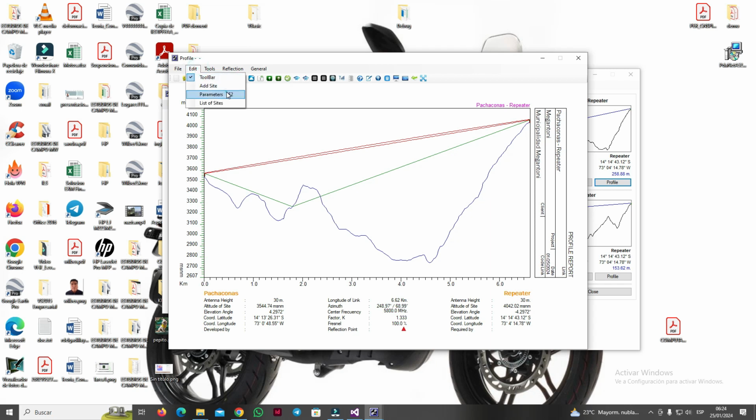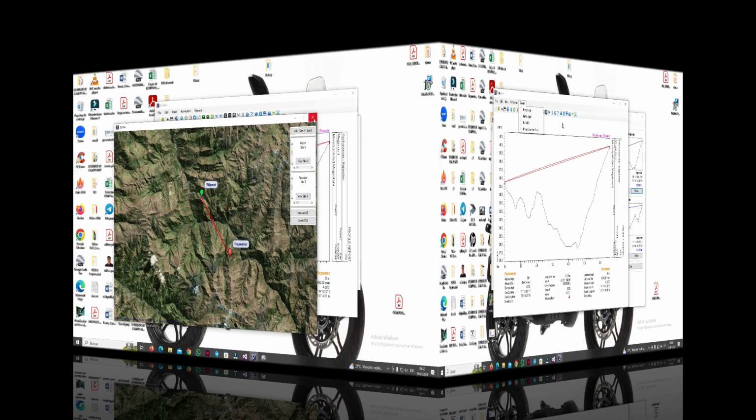then the location of one of the stations must be changed, because the reflected waves would do a lot of damage to the radio link. That is why it is important to know whether or not the reflection point falls in a mass of water. Also note that if the reflection point is obstructed by the geography itself, this is beneficial for the radio link.